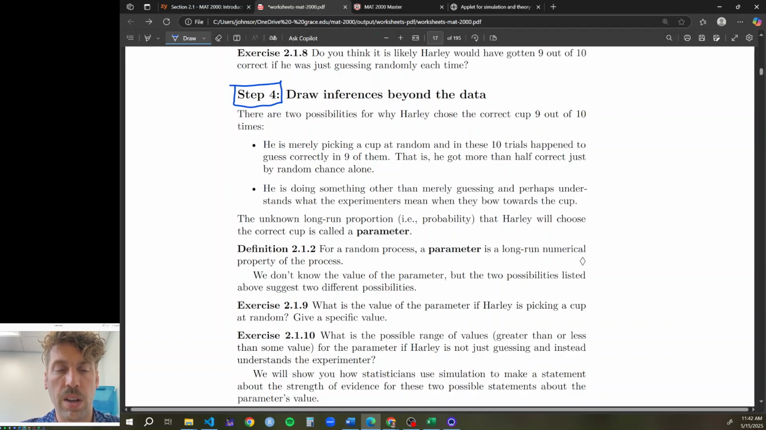And so here we are at draw inferences beyond the data. This is where we had a sample of 10 observations of one dog. And then you say, does this help us know something about the world in general? And it's really at this point where